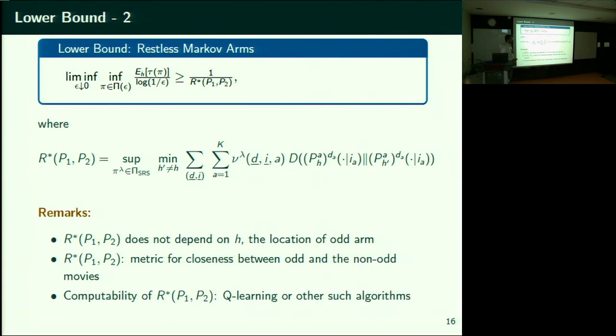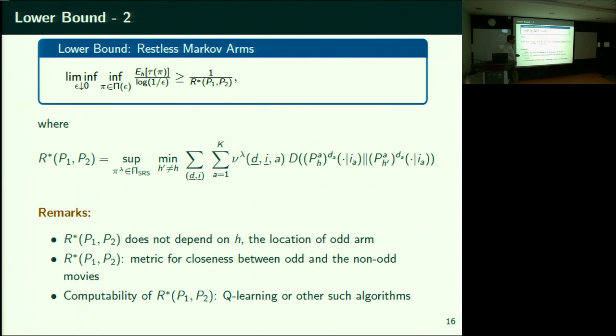Is there a policy that looks at history? This is looking only at pi lambda, which forgets the history. There may be a better policy that looks at the entire history. So is it possible? There is the parameter eta. I am as of now restricting attention only to SRS policies, which themselves forget the history. The current arm BT is going to be only a function of what the current state of the system is. That is in this optimization problem.